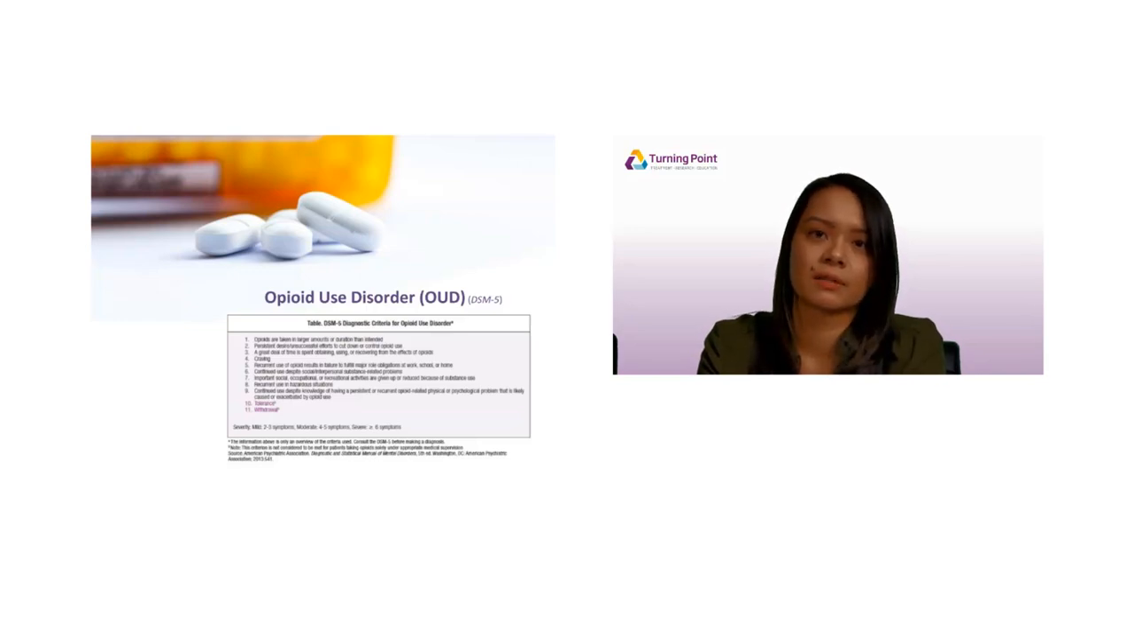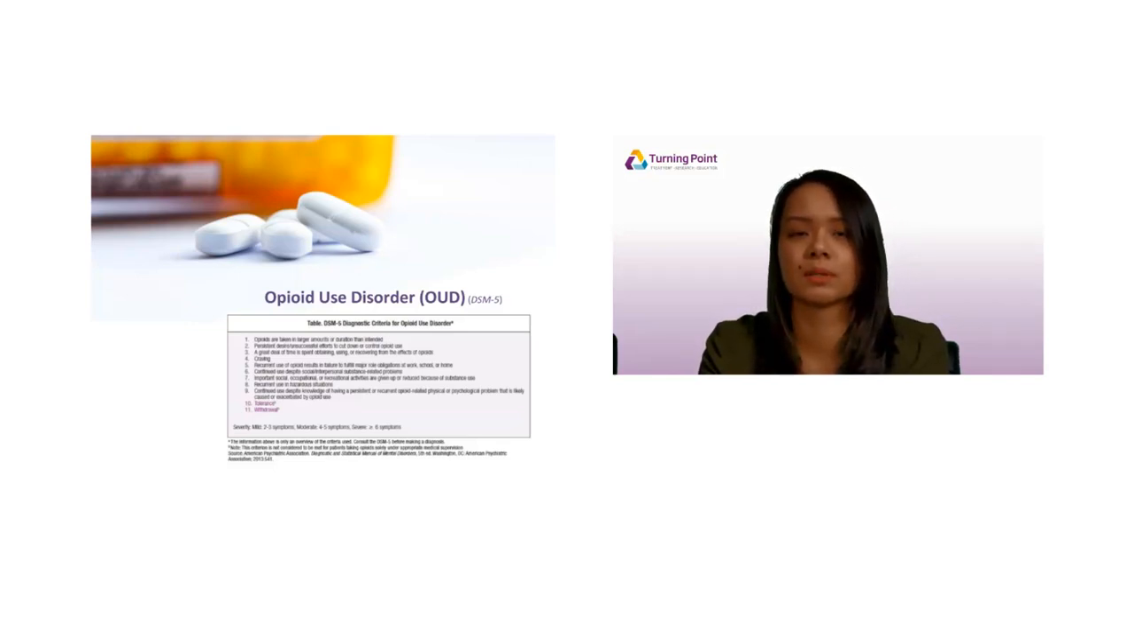And the 11 criteria are here on this slide, but broadly speaking, they refer to people having cravings for opioids, people using opioids in hazardous situations, people using excessive amounts of opioids, people experiencing withdrawal phenomena when they stop using opioids, people having tolerance phenomena when they're using opioids, people using opioids despite mental or physical health harms, people giving